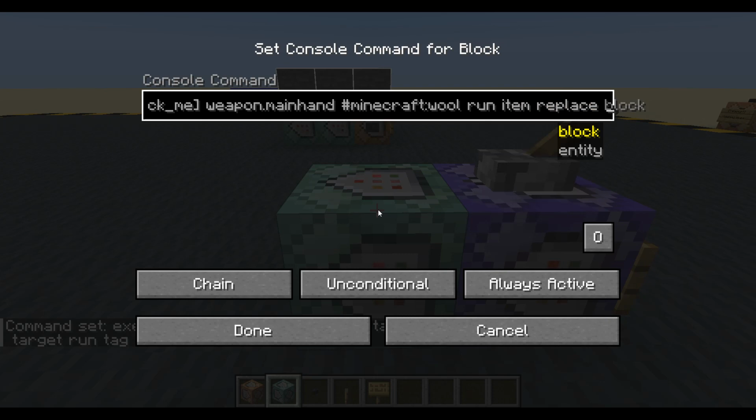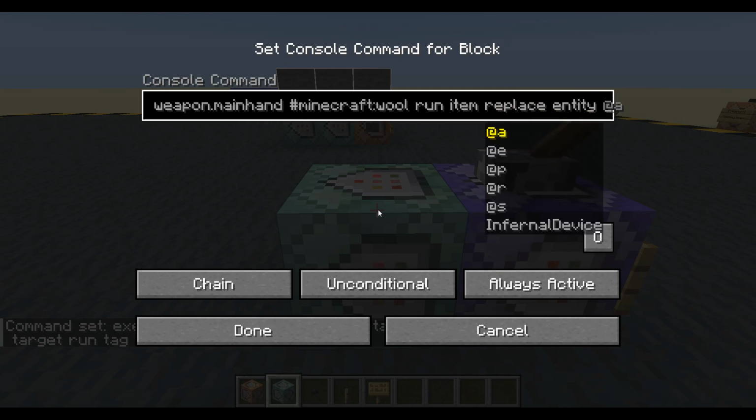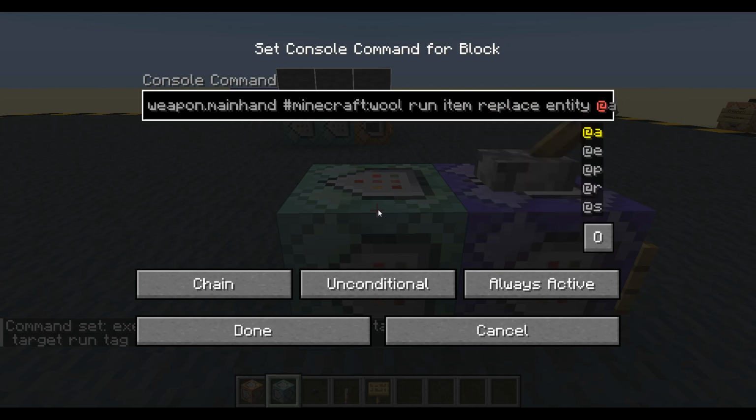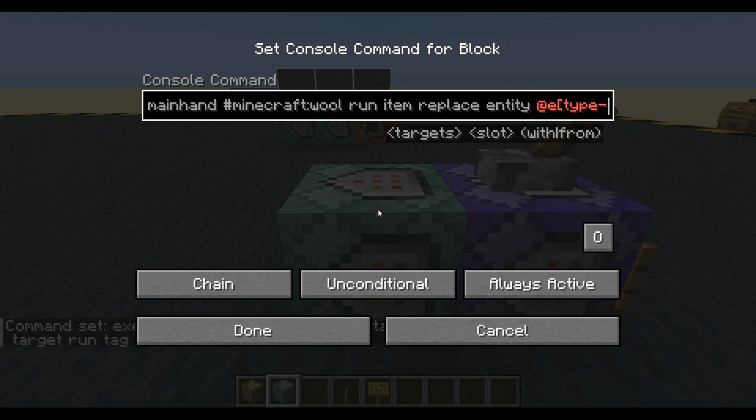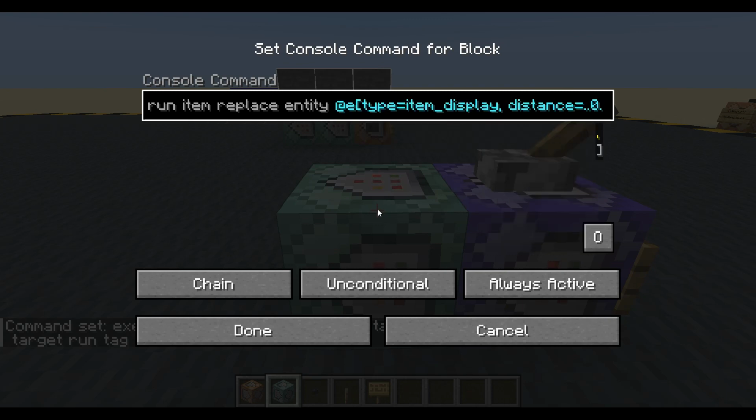item replace entity at any entity. So we're still running at the interaction at the moment. So I'm going to say type equals item display. I'm sure I made a mistake then, it felt like I did, there we go. And we'll say distance equals less than 0.5. So it's only going to get the item display which is on the same block as the interaction entity, so